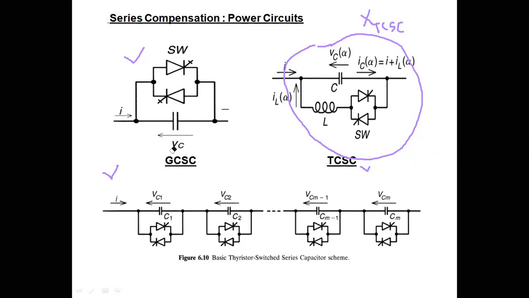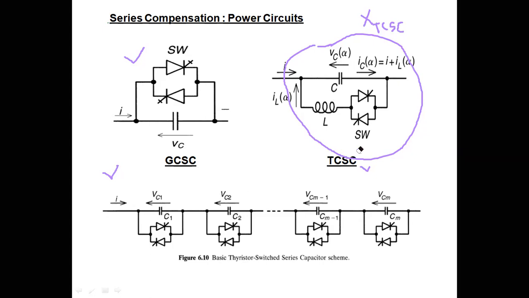Whereas in the other two, only capacitance is there, so we can only vary the capacitive reactance in the case of the first one, and in the second one it is fixed. You cannot vary the capacitance that you are adding in series with the transmission line in these two cases. In this case, which we are discussing theoretically, inductance is also possible. That is, the overall reactance may be inductive depending on these conditions. So that is about TCSC.